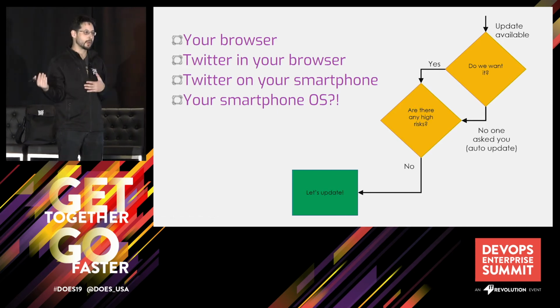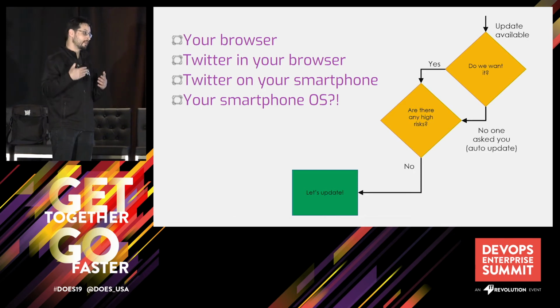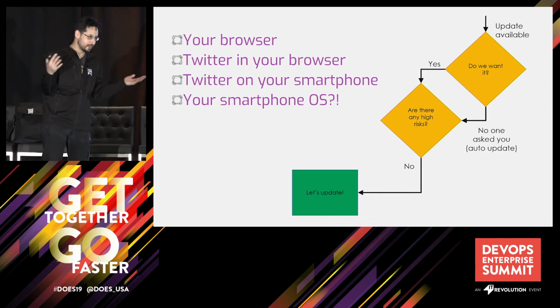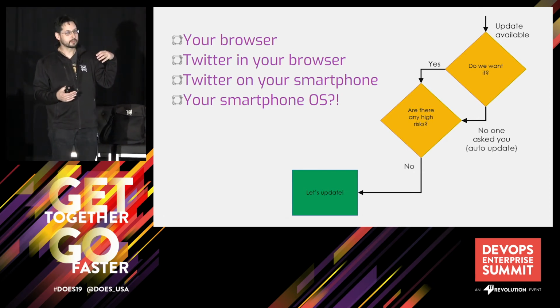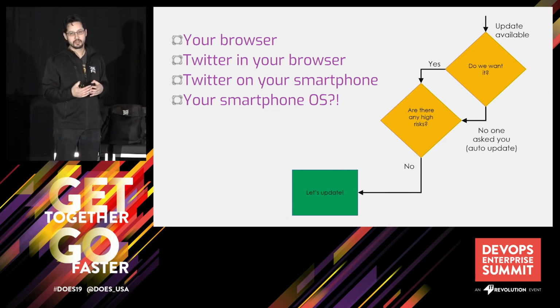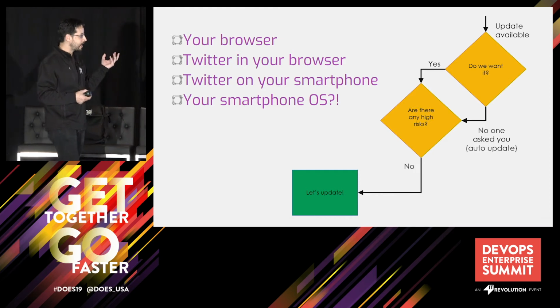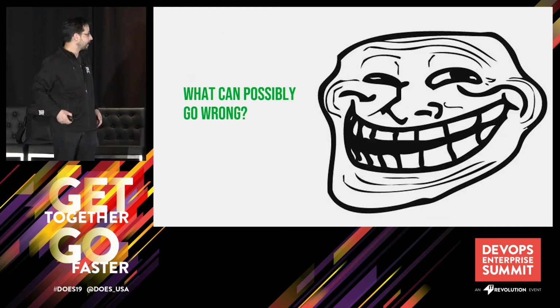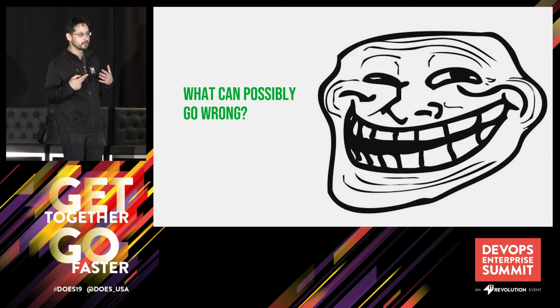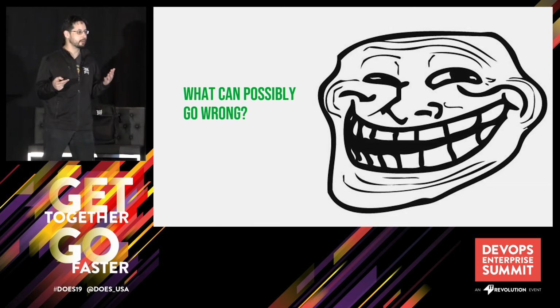The migration of to-do items didn't work in the first version. It's getting fixed in a subsequent update, right? So this is the problem. When you make very, very large, not granular changes, then the chance of having a high-risk update is much, much higher. Okay, so what we'd like to happen is we'd like to have small updates that continually get pushed, but then the question is, what can possibly go wrong with this model?